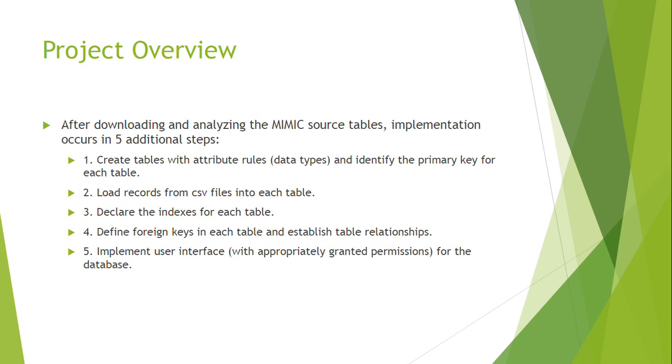So I aborted that and reversed those two steps, and then defined the foreign keys and established the relationships between all the different tables. Then the last step was to implement the user interface using a PHP program. The heart of it was something that I downloaded, which I'll discuss later, and then I changed it for this particular instantiation